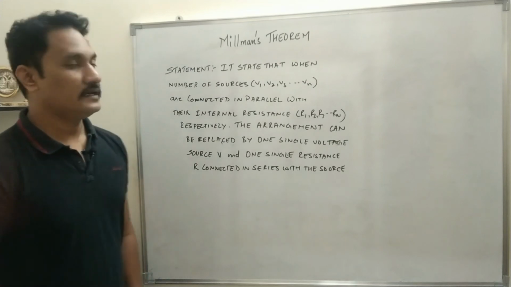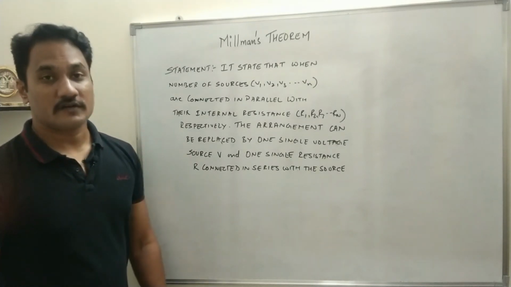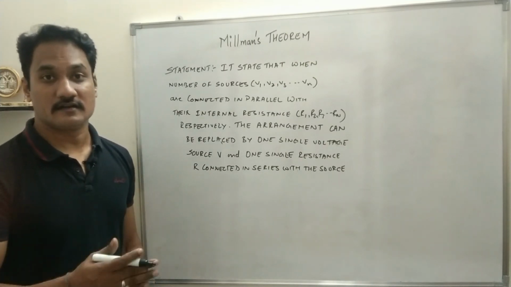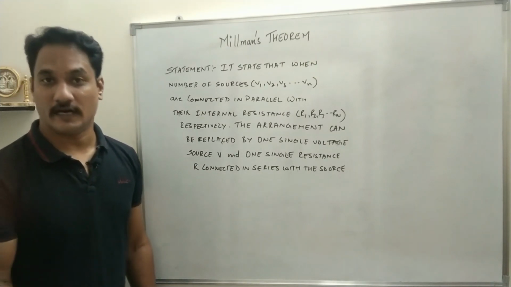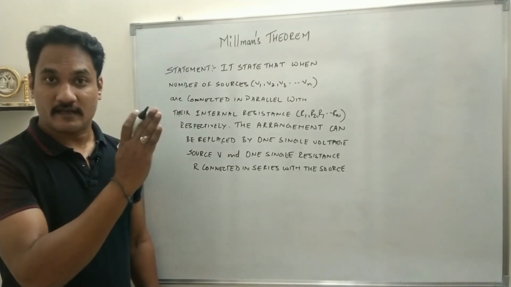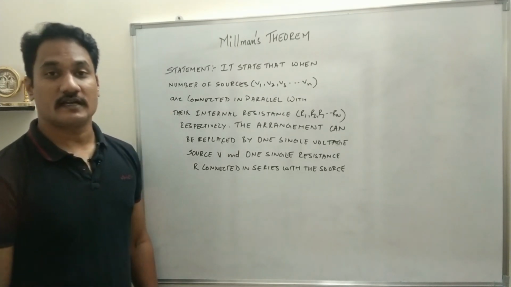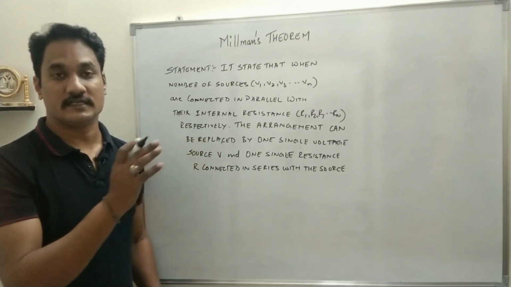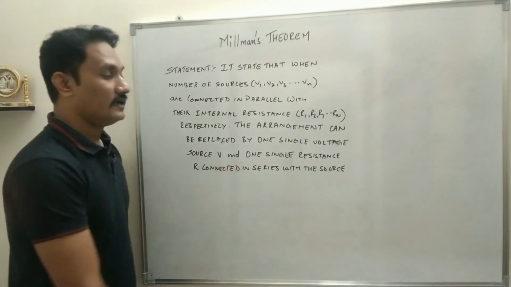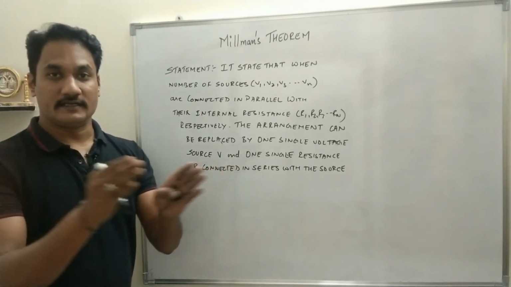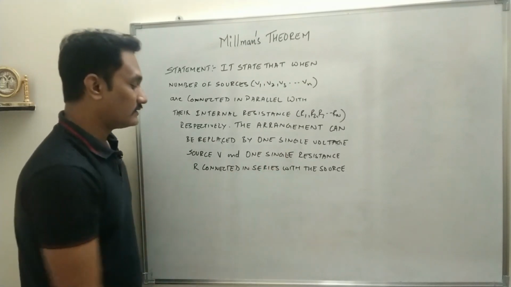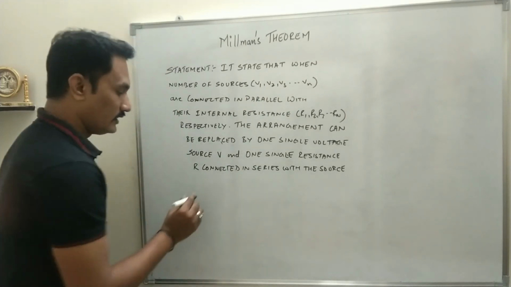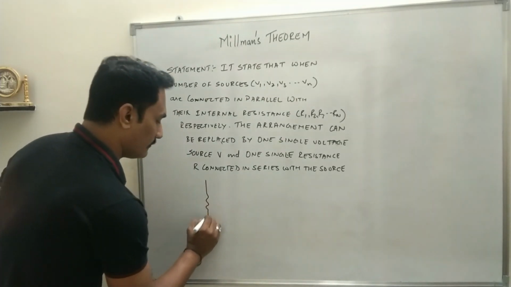Okay, so it states that when a number of sources V1, V2, V3 up to Vn with their internal resistances R1, R2, R3 up to Rn are connected in parallel, then this entire circuit can be reduced to one single voltage source V and one single resistance R, all the internal resistances together, connected in series with the source. Let me just show you the diagrammatic representation. So say this is